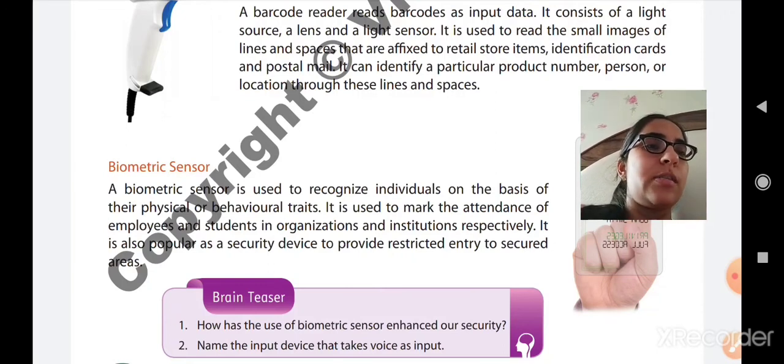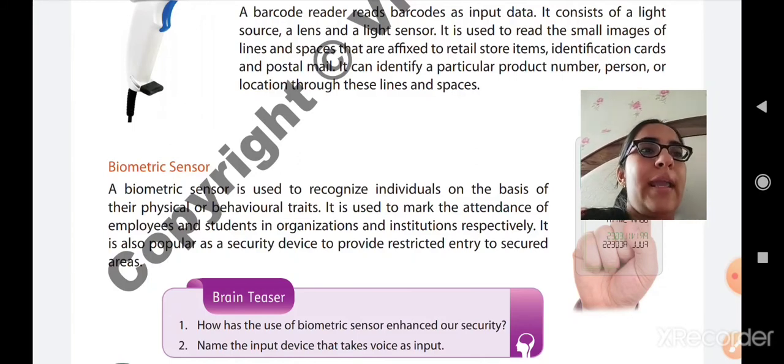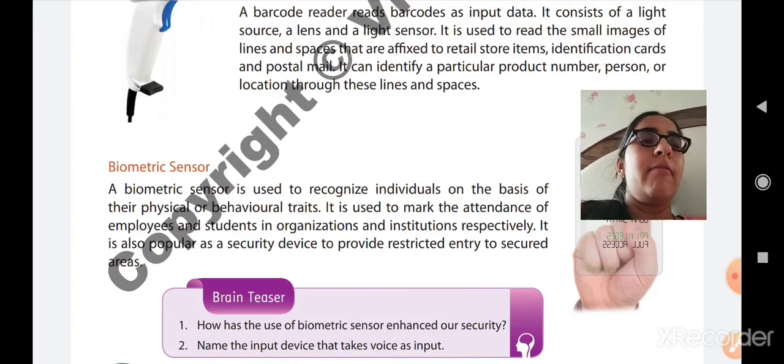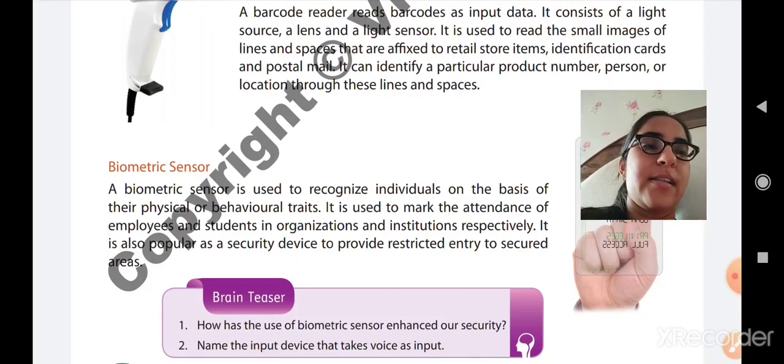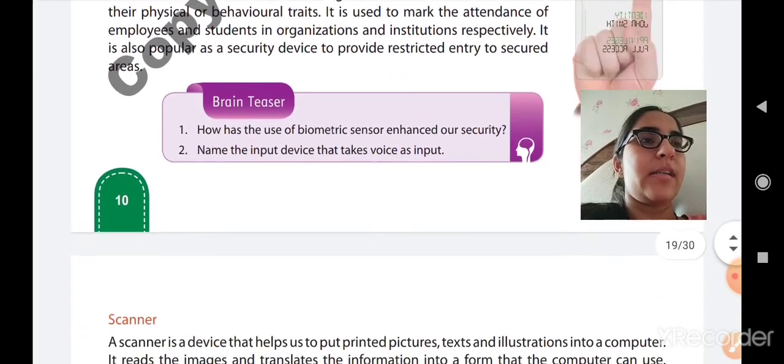Why do the teachers and the students put the biometrics here? Because the person can know when the teachers or the employees have come to the office or the school, at what time they have reached and at what time they are leaving. It means to get perfect records of the employees working in the company, the teachers working in the schools, or the bankers working in banks. To keep all the records of the employees, when they are coming, when they are leaving, have they come or not, are they present or not, a biometric sensor is required. Okay, so the biometric sensor is clear to know.